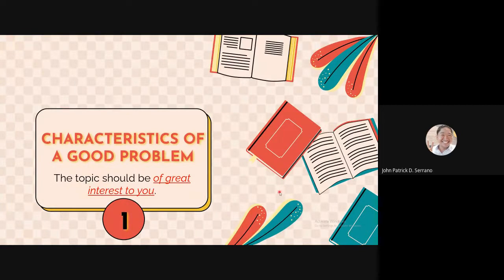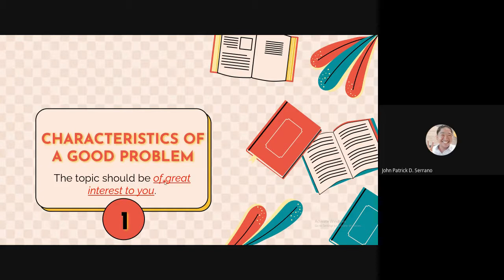And now, let's talk about the characteristics of a good problem. Ano ba ang characteristics ng good problem? Ano ba dapat yung meron sa problem mo to consider it good? First thing first, your topic should be of great interest to you. Dapat interesado ka doon sa research mo. Yun yung interest mo, gustong-gusto mo yung ginagawa mo. Bakit po? Kasi po kapag gumawa ka ng research na hindi mo naman interest, hindi mo matatapos. Kung napilitan ka lang dahil sinabihan ka lang ng principal mo, halimbawa, sir, madam, gawin mo tong research na to. Halimbawa lang naman. No po, hindi naman yun yung interest mo, napipilitan ka lang kung tutuusin.